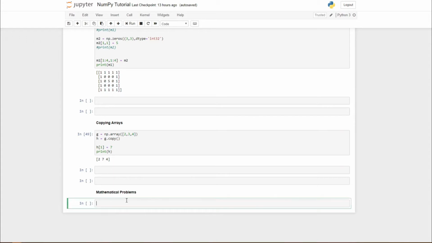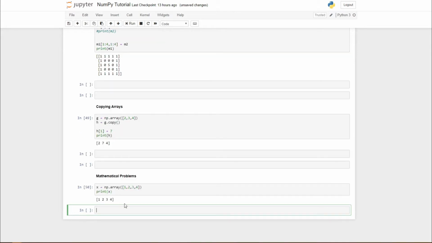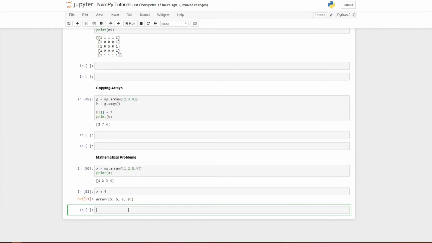Before that, let me just declare one more variable, assume x, and that contains np.array, and then here 1, 2, 3, 4. And now if I print x, it will be a 1D matrix with 1 row and 4 columns. And yeah, if I just add x plus 4, you can see now 4 is added to every element of